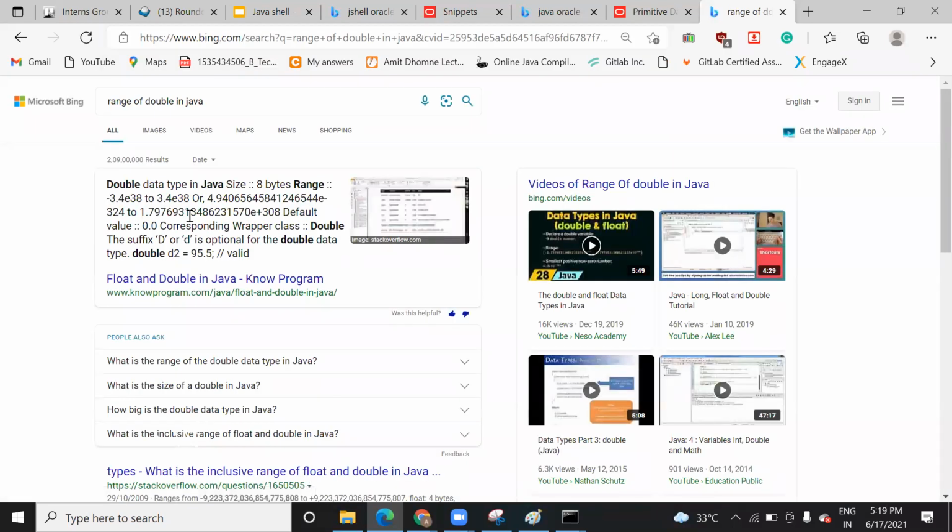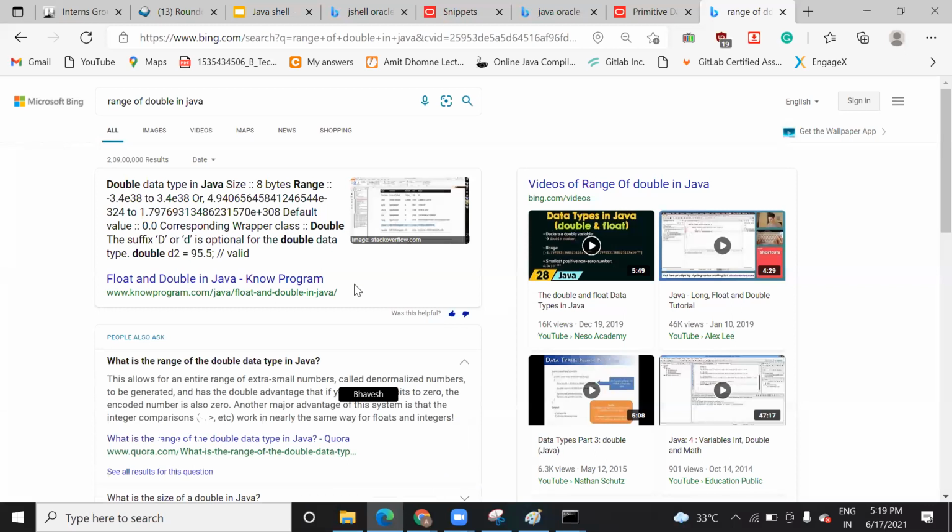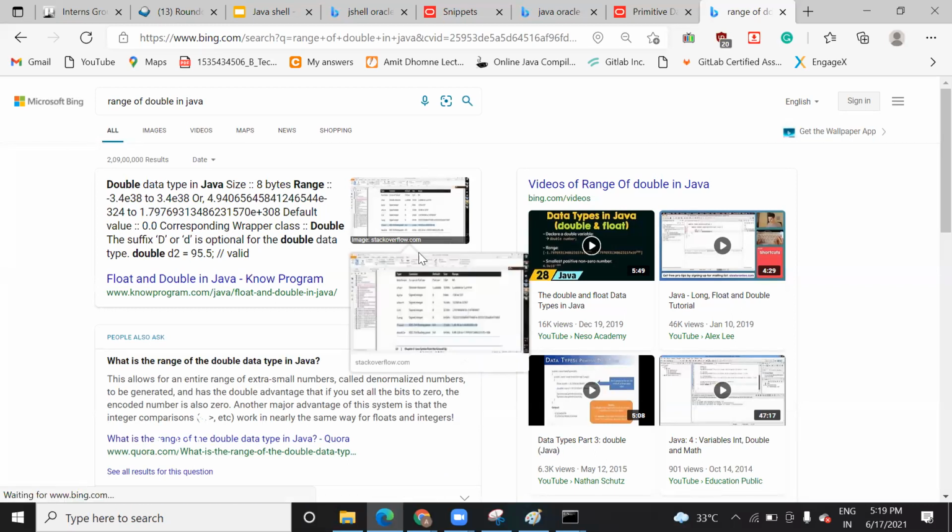See, it is also taking e to the 3, right? Why is it taking this e? Because these are very long values. So by default, your compiler takes it in this e38 or e-14 form itself, because instead of writing those long values, they use this representation. Okay, one minute. Let me check this image.